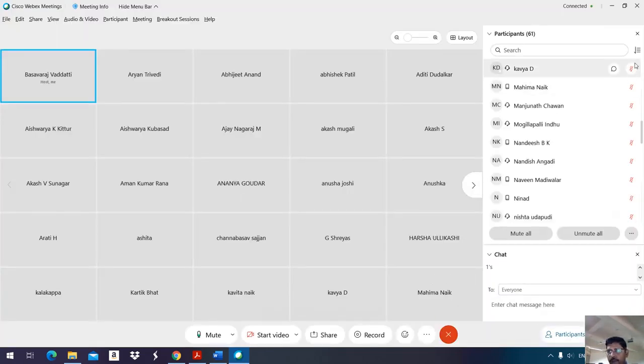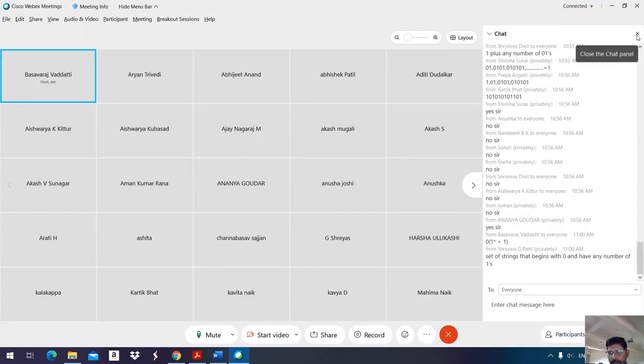All of you, in the chat window, I typed the regular expression. Each one of you write what is the language accepted by this regular expression and give some example strings, or else write in your book. Then if I ask, you can tell it orally also. What is the language accepted by this: 0 within parenthesis 1 star plus 1.